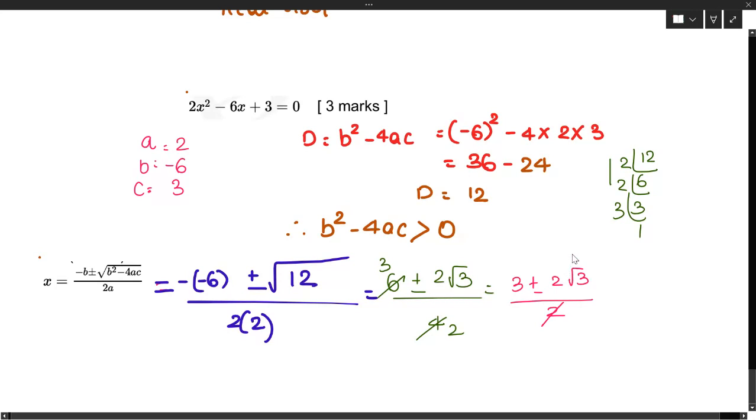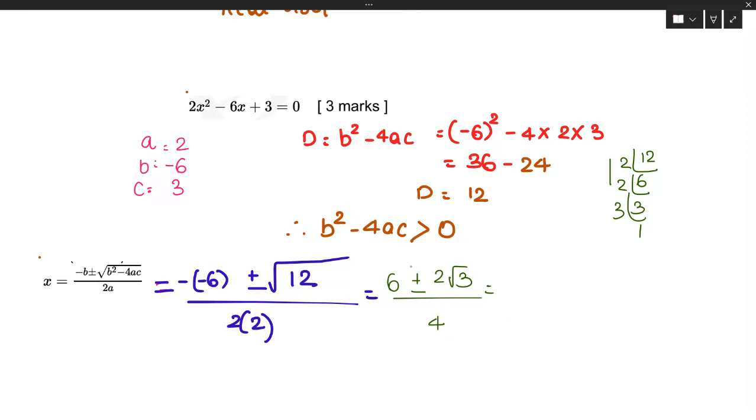Is it possible? 2 ones are 2. No, no, no. I think we did not cancel it properly. Wait. This is not the correct way, because we have numerator, denominator, and upper number is not in a proper way. Okay, in the numerator we can take the common factor, which is 2. 2 threes are 6, root 3